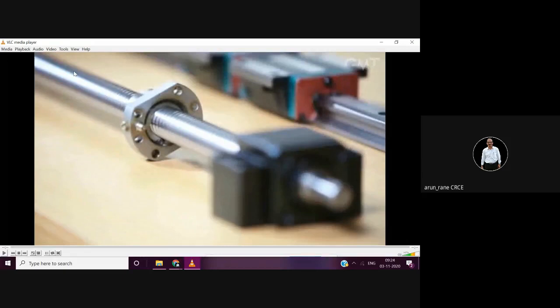See, this is a screw and this is a nut, and this is fixed to the table. Since the screw cannot move axially, it can only rotate. The table mounted on this nut has to move, and this nut is preloaded. Preloading means the play between the nut and the screw is adjusted so that there is no very tight movement, and at the same time not very free movement. Just a desired movement, because some play has to be there. Otherwise, the table will not move.